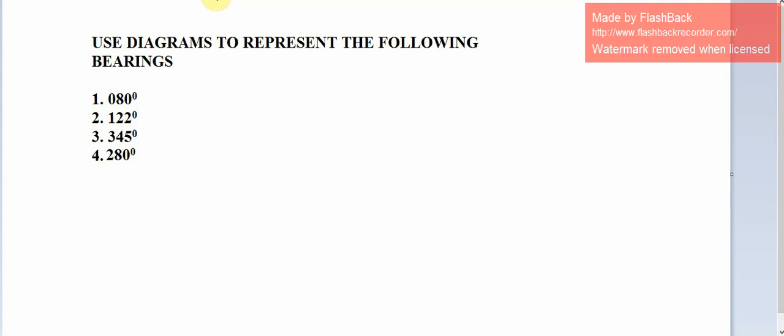Now let's look at the solution to these questions. First question, the angle provided is 80 degrees. First step, as we discussed last time, you draw the compass. No need for you to indicate the cardinal points, but you know that here is north, east, south, and west. The angle 80 degrees should be in this first quadrant, this position, because